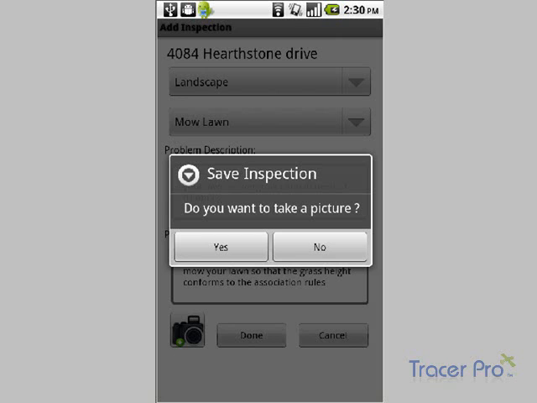Now, taking a picture is an important step. It's 2 clicks of the button to take a time and date stamped photo and grab the GPS. It's a lot of information in just 2 clicks of a button, and it makes your life a lot easier, reducing the number of calls that you receive from homeowners saying it's not my property, you didn't see that violation, it doesn't exist,